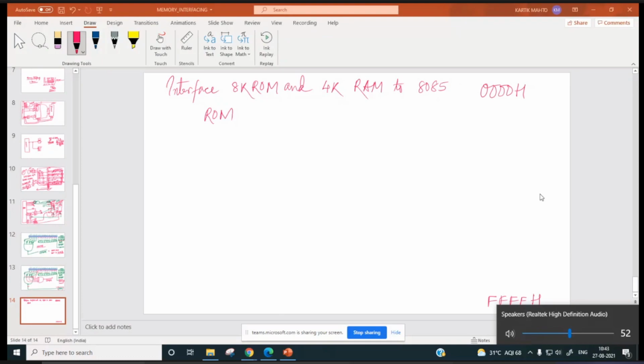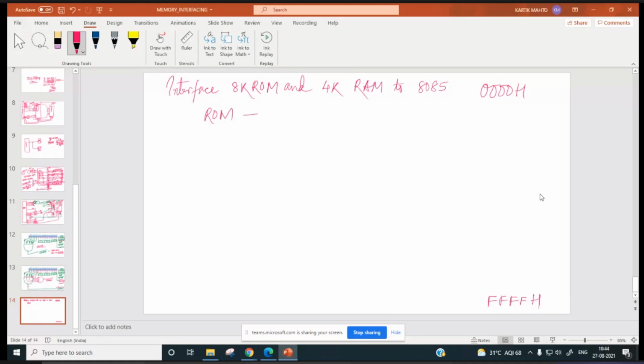Oh, okay. ROM is used for storing monitor program.